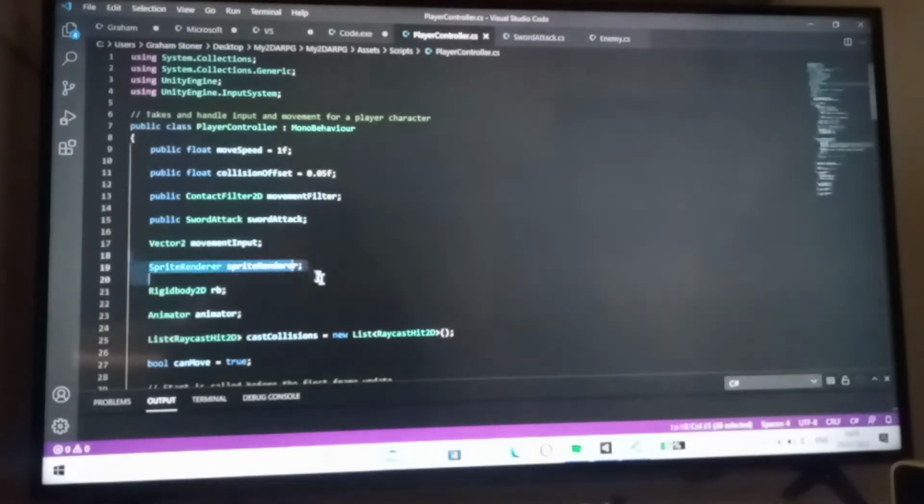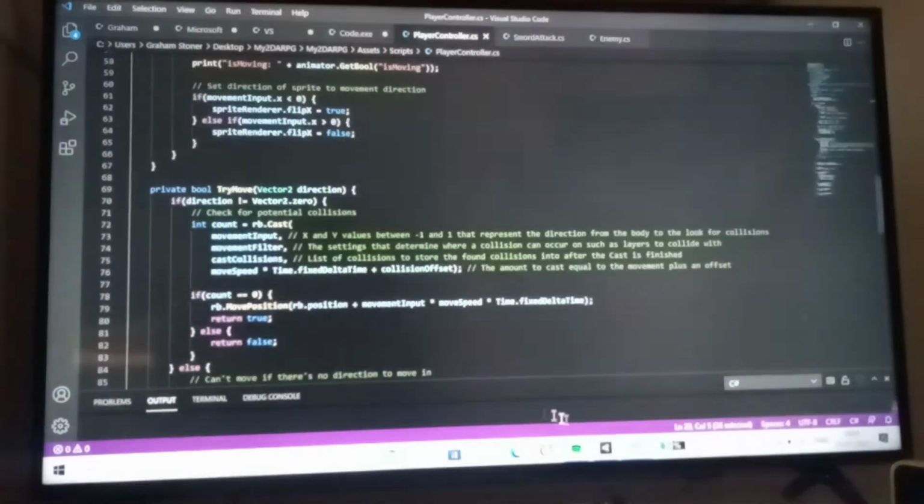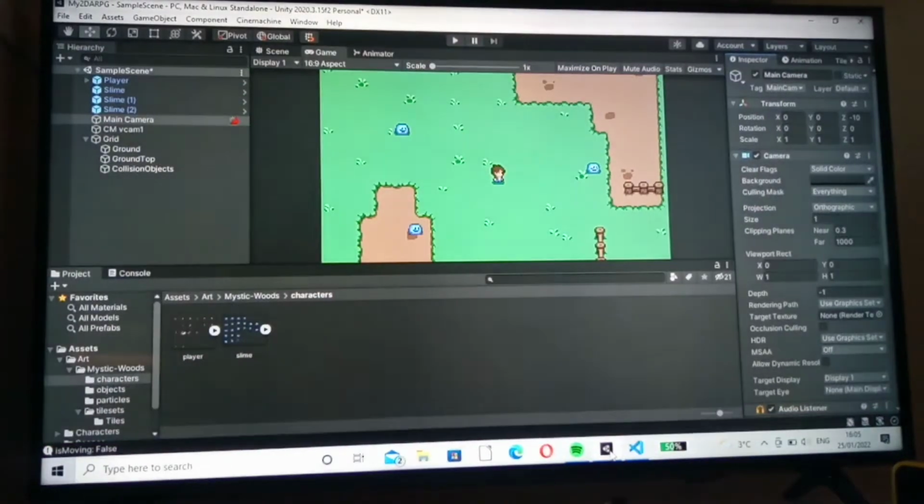So here you go, there's a sprite renderer within Unity, and what it does is it flips it on its axis, so it kind of mirrors it, which is really, really cool. And it's the same thing for attacks. So instead of having multiple hitboxes for the attacks,